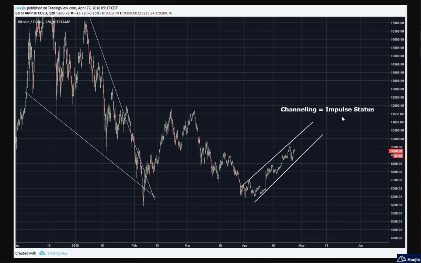Whenever you see price moving in an impulse, they move within a channel between parallel lines. It doesn't have to be perfect, but this, I believe, looks very impulsive. So we have wave 1, 2, 3, A, B, C, 4, and 5. More likely to happen that way.